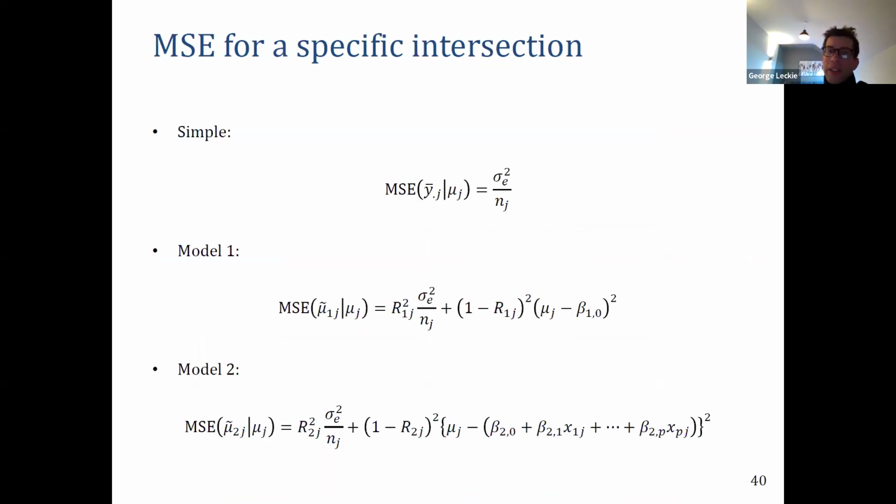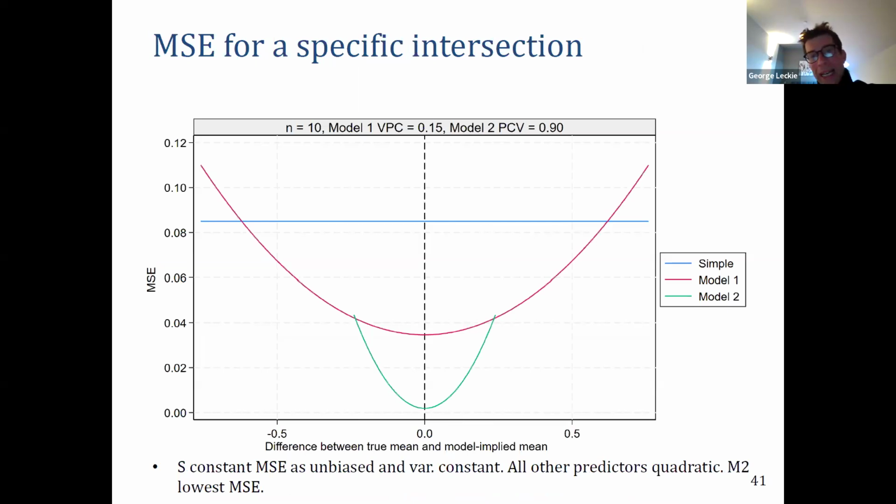Then mean squared error puts those two things together, because the mean squared error is variance plus bias squared. So that's those expressions. You plot those, and we get smiley faces. So the simple mean is a horizontal line because bias was constant, and so was variance. So you put them together, it's still constant with respect to how the true mean deviates from the model implied. But model 1 and model 2 had linear biases, which then become quadratic expressions because the bias gets squared into the mean squared error term. And what we see here is,